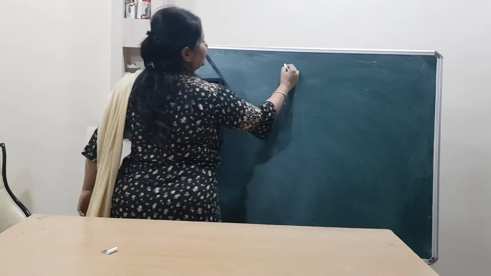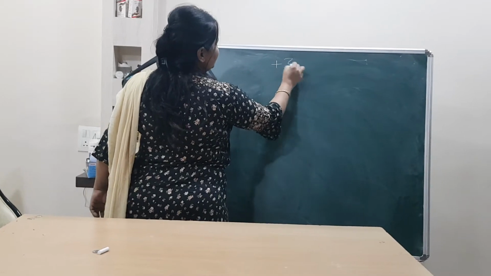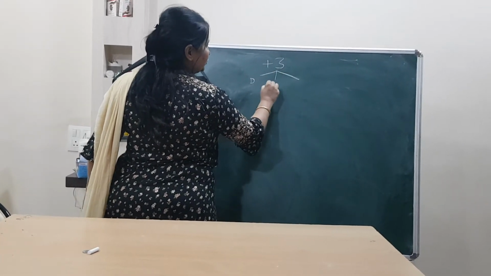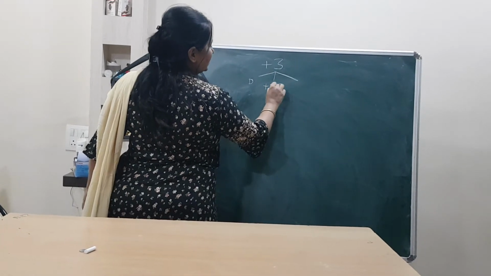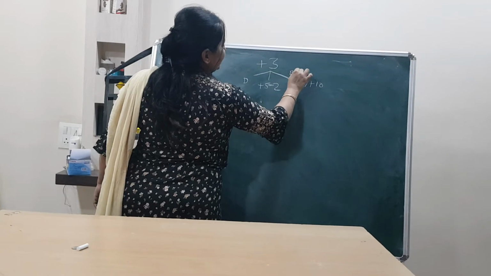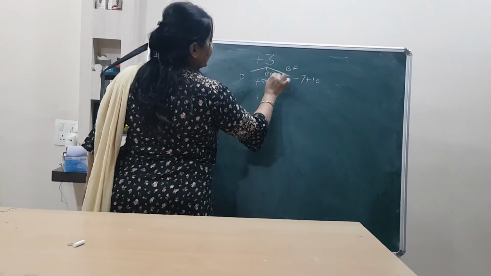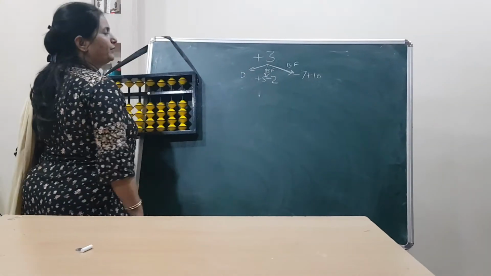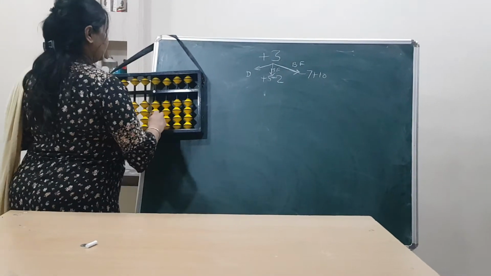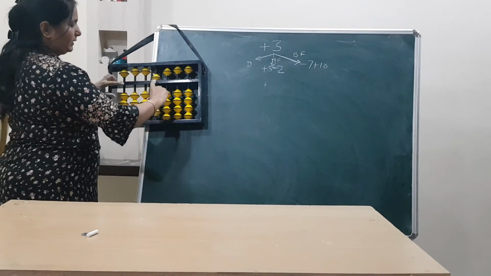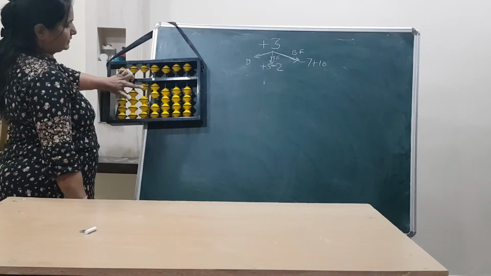Now we will solve some plus 3 questions. Plus 3 means what? Direct. 3 friend 2. So plus 5 minus 2 and minus 7 plus 10. This is the big formula and this is the small formula. So over, we are perfect with plus 3. Suppose 3 direct, 3 with small, 3 direct, 3 big means minus 7 plus 10.